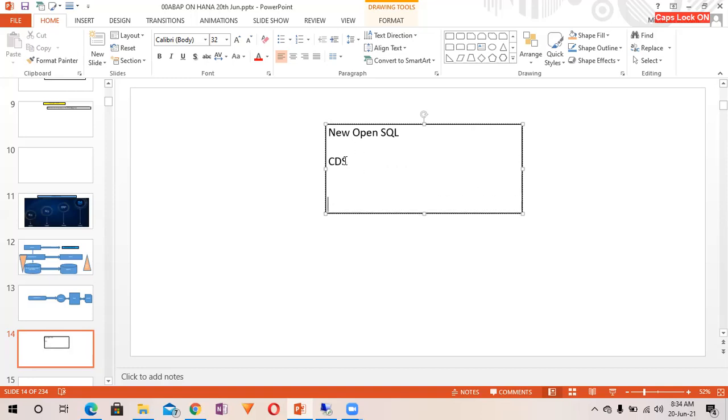Because of its reusability, sometimes CDS takes the edge over new OpenSQL. Once you create the CDS, you can consume it in your report. You can create the OData service with the help of a simple annotation, @OData.publish: true, right? Very important interview question. And once you have the OData service, you can consume it directly at the UI5 level, or directly at your browser level, in a UI5 application or in a Fiori application. You can consume this CDS.